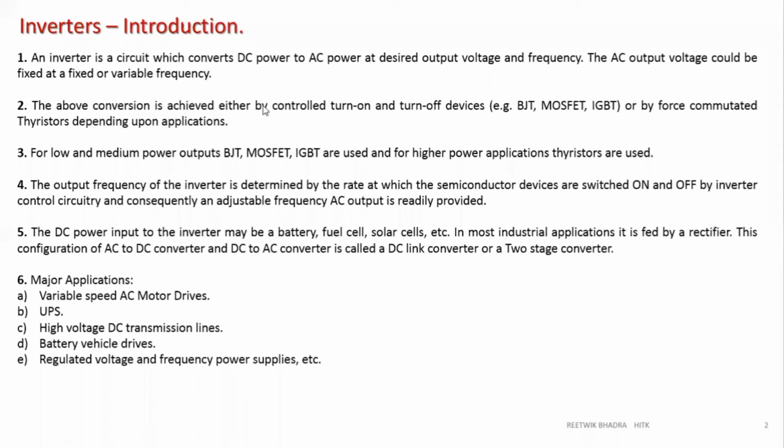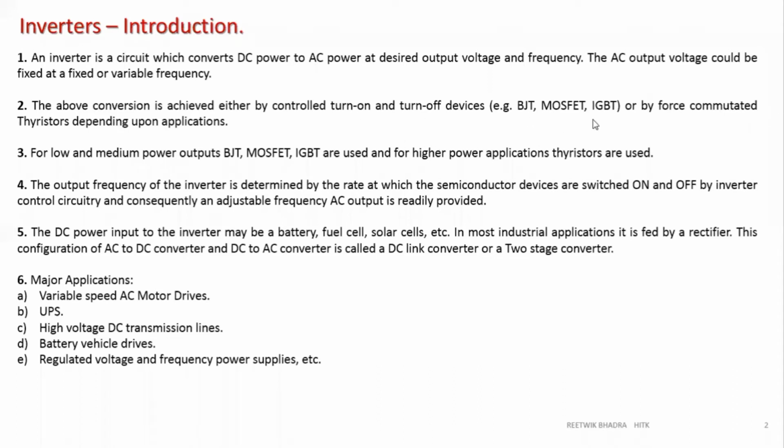Now, since you are converting DC to AC, last day I used a small word, commutation, and explained why commutation was used, because the supply is DC. In case of AC supply, automatically there will be negative voltage across the thyristor and the thyristor will be off. But in case of the inverter and DC to DC converter, all are fed from DC power. So you have to switch off the thyristor by different means. That is called force commutation.